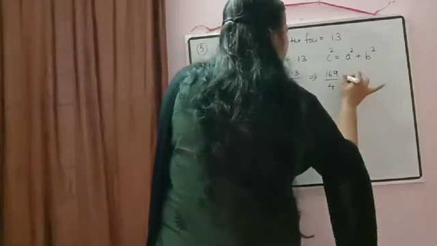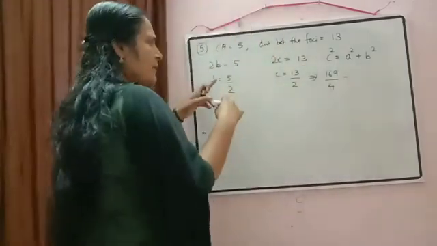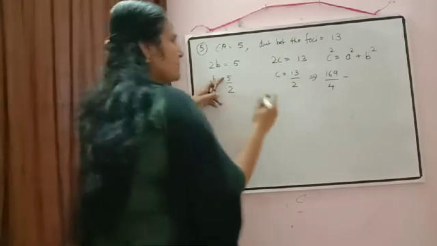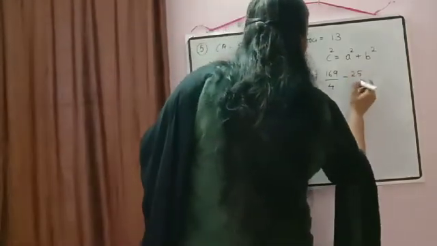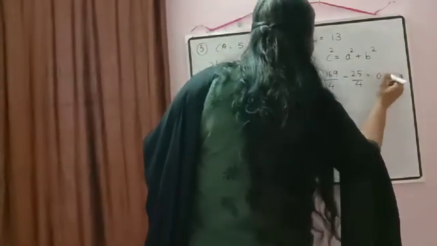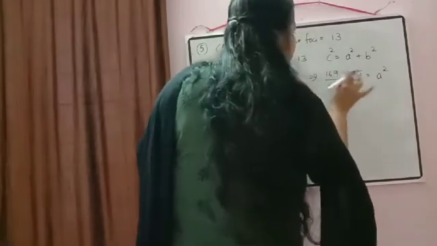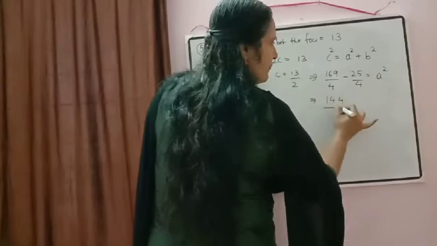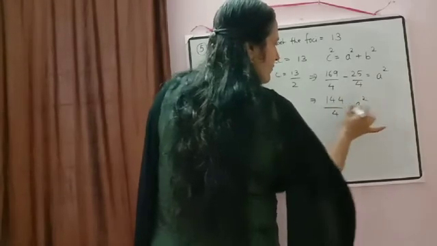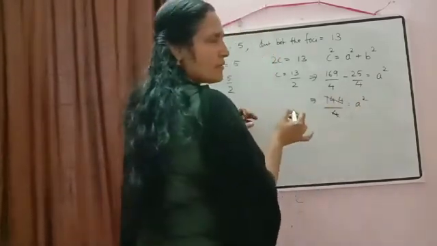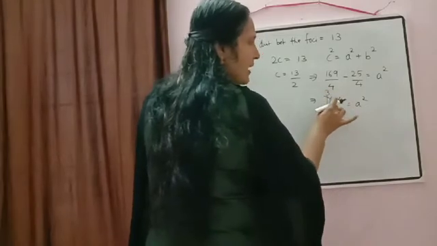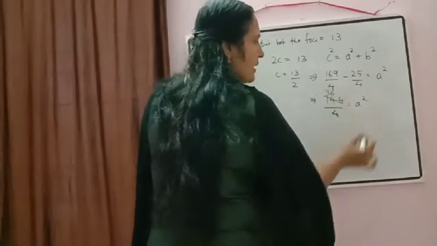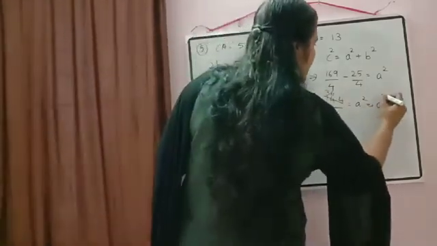Shall I shift that minus b square here? So minus b square will come. So we will get here minus 25 by 4 is equal to a square. 169 minus 25, so that will be equal to 144 by 4. 144 is divisible by 4. What will come? 4 3s are 12, 4 6s are 24. So we will get here a square is equal to 36.